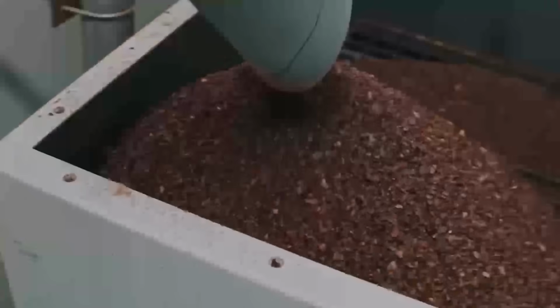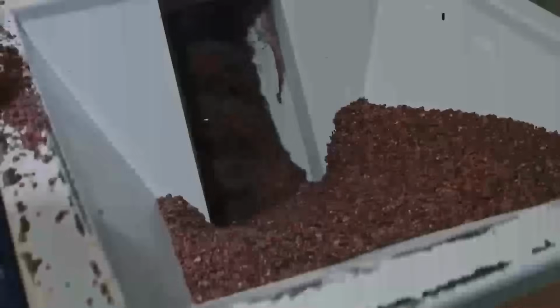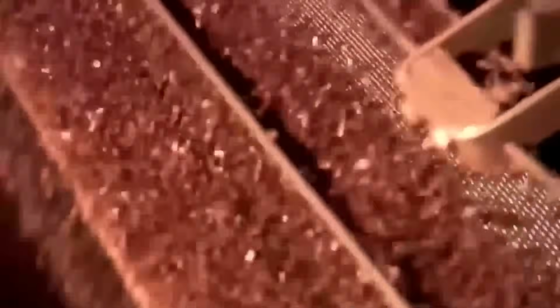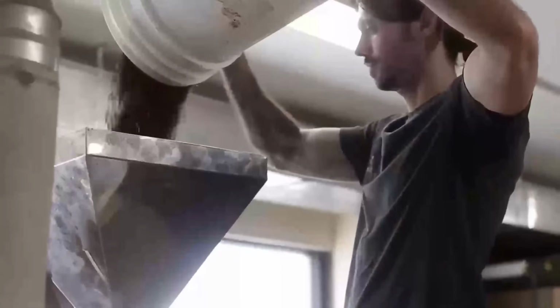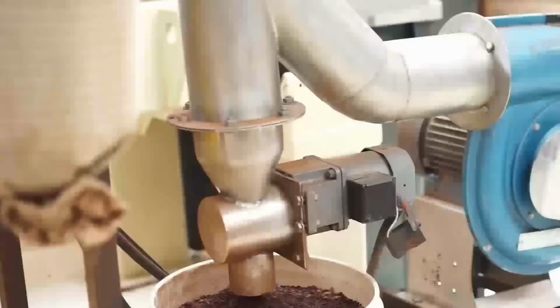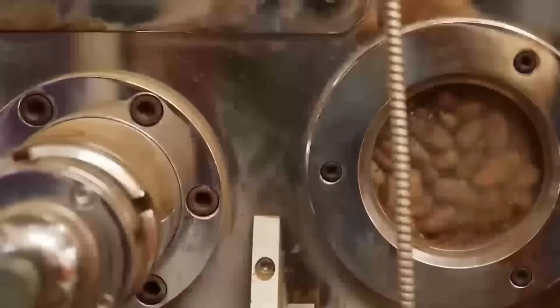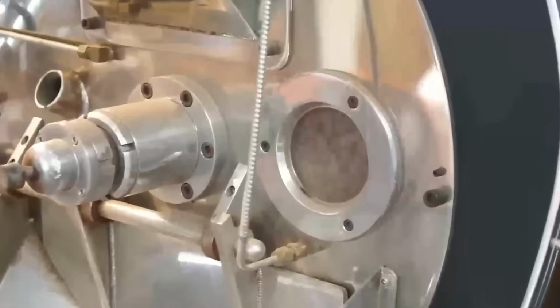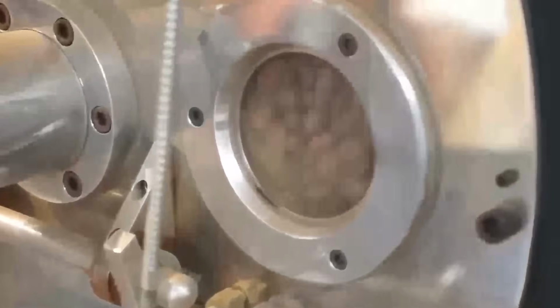After roasting, the beans are cooled and moved to the winnowing section, where they are cracked open and the outer shells are separated from the valuable inner nibs. Winnowing is accomplished using a combination of mechanical cracking and airflow separation. The shells, now removed, are often collected and repurposed as agricultural mulch or biomass fuel. The nibs, the true essence of chocolate, contain both cocoa butter and cocoa solids, and are now ready for the